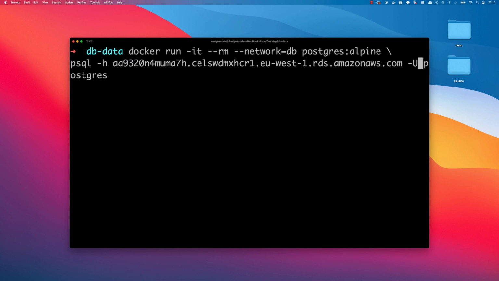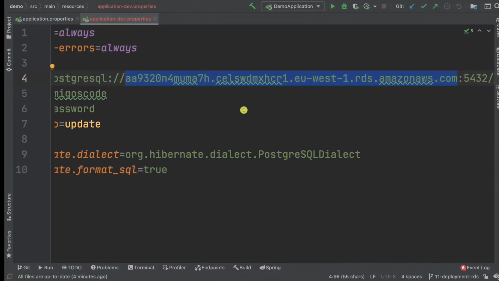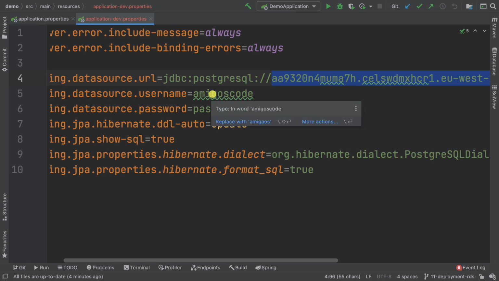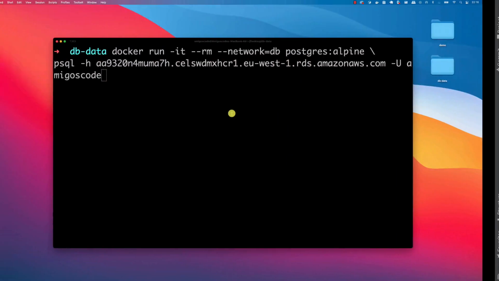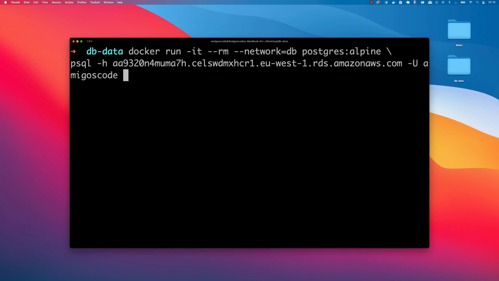And right here for the user, I'm going to say amigoscode. So remember, Amigos and then code. So this is amigoscode. And the password we will enter in a second. But also in here, say dash and then d for database. And here say postgres. So by default, the RDS instance comes with a database called postgres inside, and you'll see